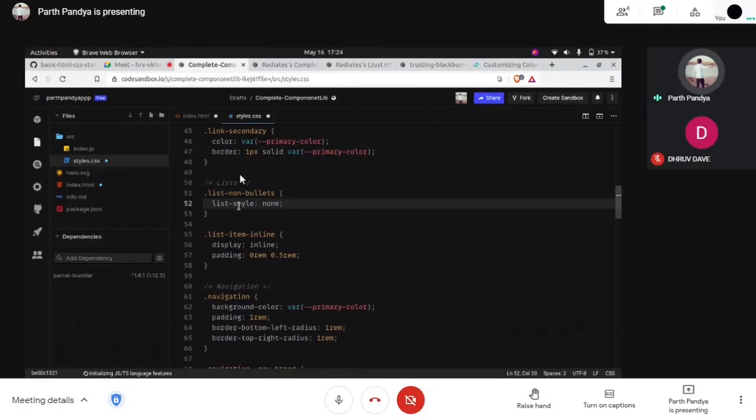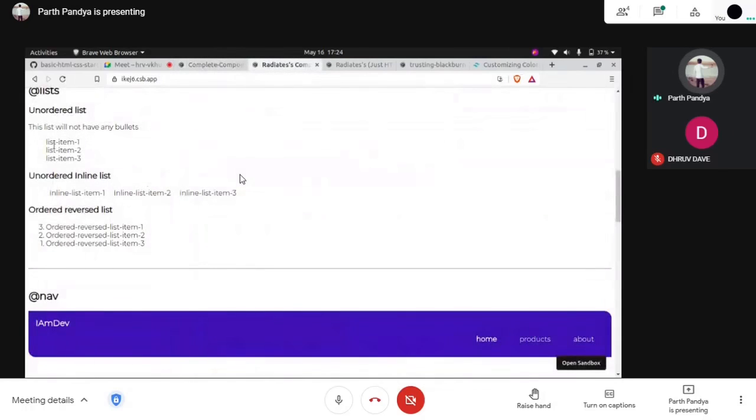This property should not change. This property is fixed. There are several CSS keywords which we have to take care of, and this is one of them: list-style none. So we don't want any style in the list. We don't even want any of the bullets to come up. Okay,